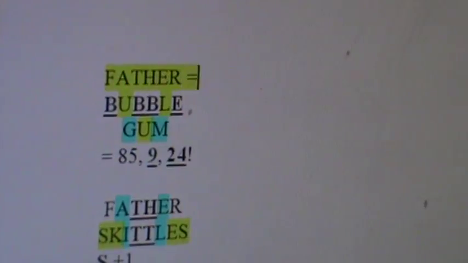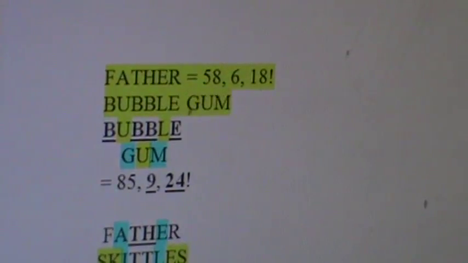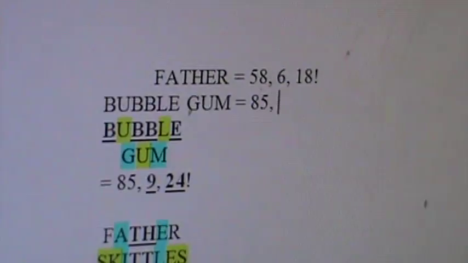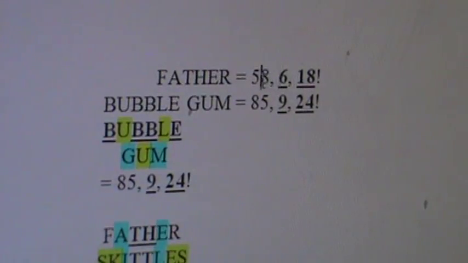Father God. So Father equals 58 in 6 letters, 18 strokes. Okay. Well, bubblegum equals 85, same offset, plus 1 for the Trinity, okay, but they use the same digits, which I want to point out, in exactly 9 letters and 24 strokes. Okay, very perfect in the Trinity glorification experience. You will notice that 6 is exactly 2/3 the value of 9, and 18 is exactly 2/3 the value of 24. Okay. And 58, of course, is the same digits as 85.